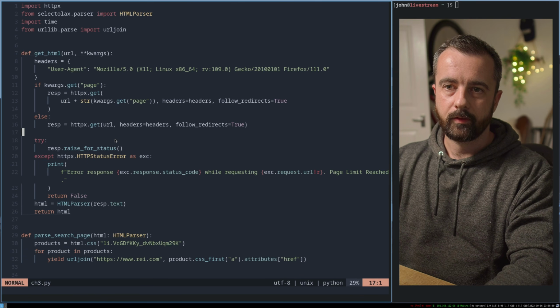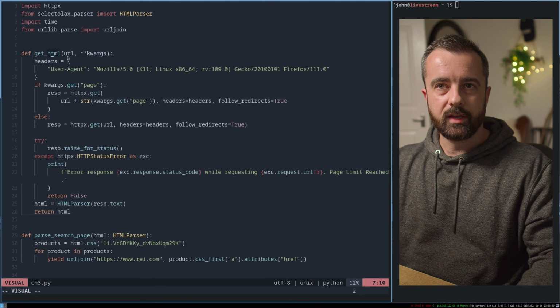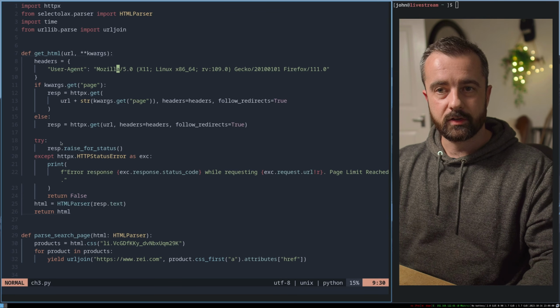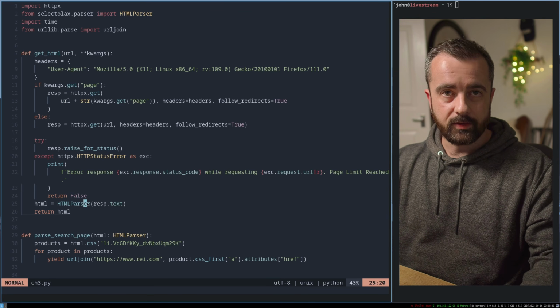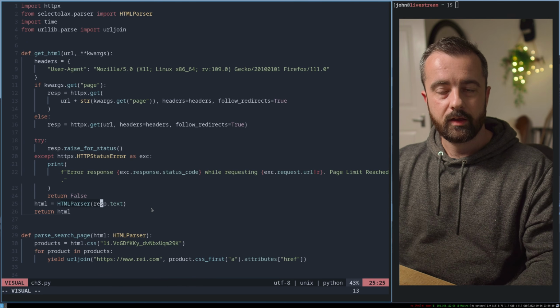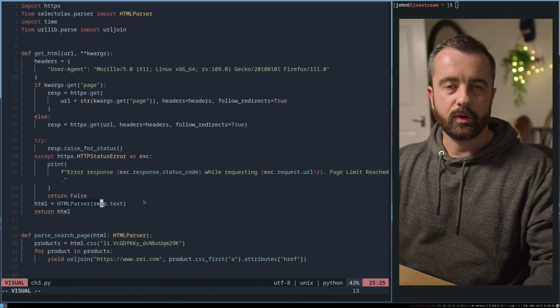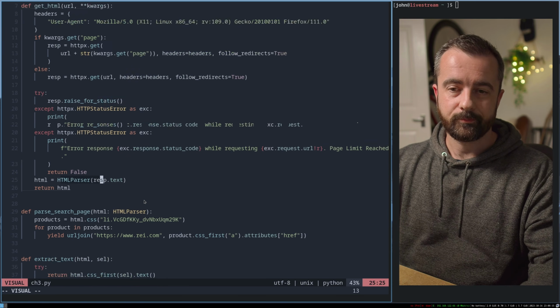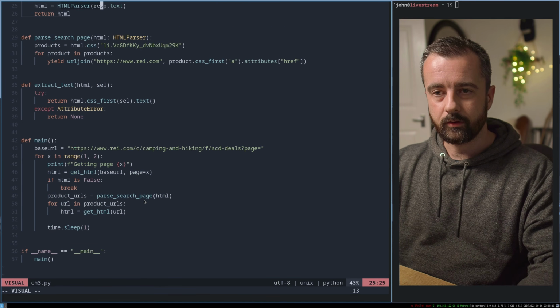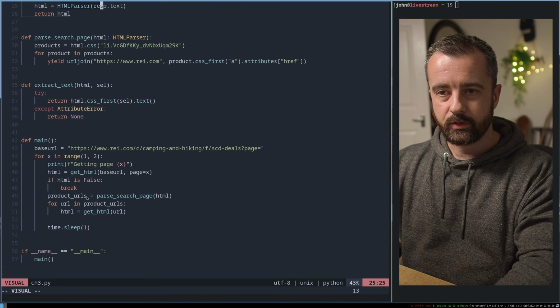There we go. So what we can use now is we can reuse this getHTML function with all the error handling that we put in before and return the HTML as a parser object with any page that we choose, whether it has a page number associated with it or not. So now what we're going to do is we're going to run this again and we should start to see